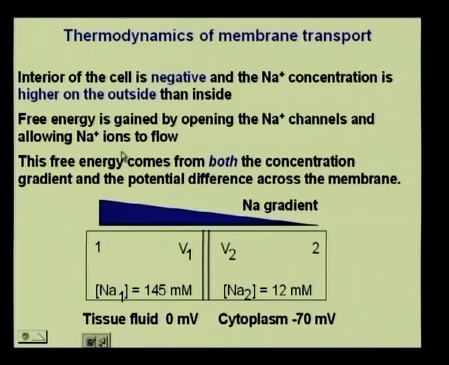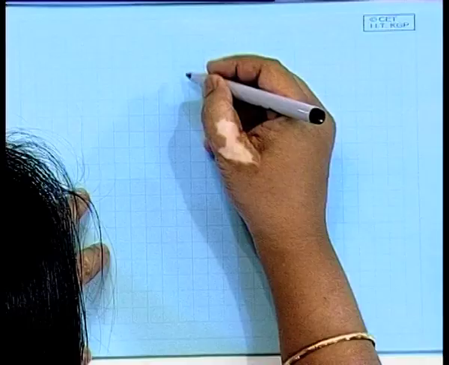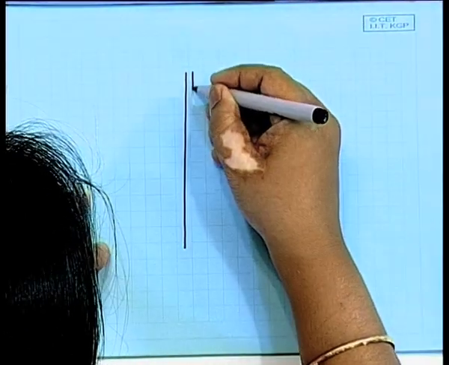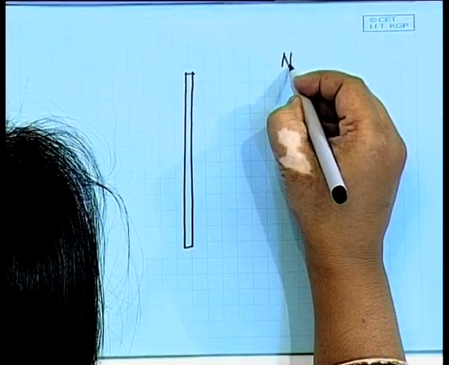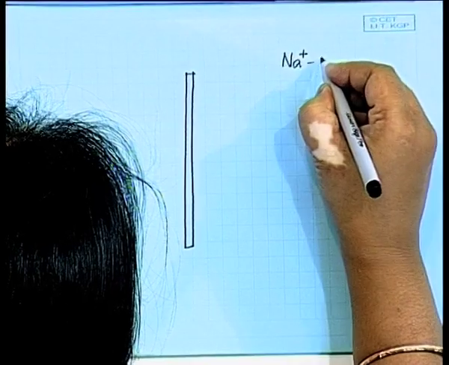but we know that the free energy comes from both the concentration gradient and the potential difference across the membrane, and as I mentioned, when we have an H plus case, in addition to this we are going to have a pH gradient as well that has to be considered in our calculations for delta G. Now, as I was mentioning, the sodium and the potassium sets are actually coupled together. So if this is our membrane, we have what is called sodium Na plus K plus